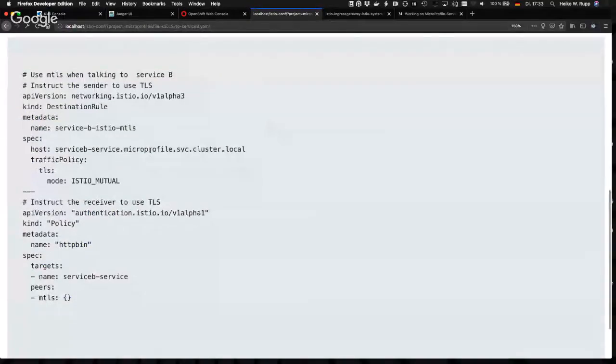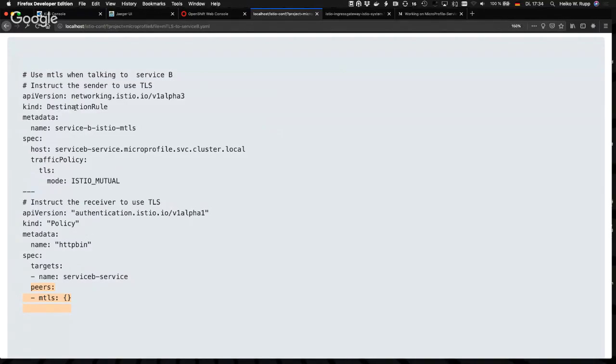This is the YAML that you need to make the communication use mutual TLS. There are two parts to that. First, there is the policy, which says, as a receiver, do I require TLS or not? Here, for the service B service, I say all my peers need to do mTLS. There are some variants that you can choose, but here it's just mTLS.